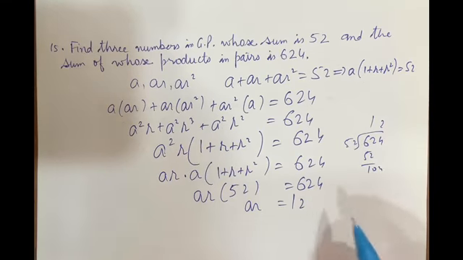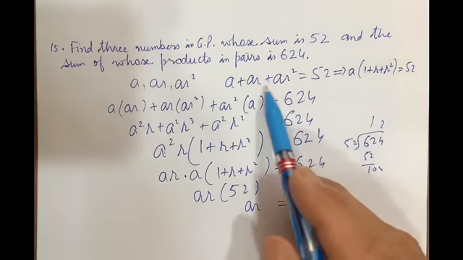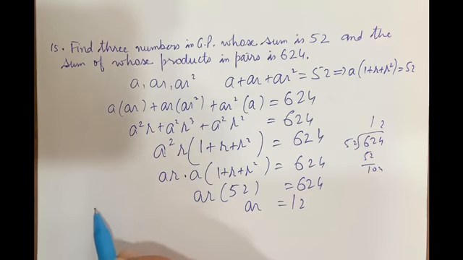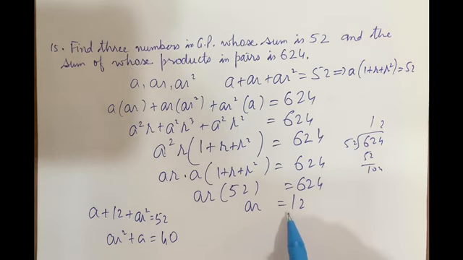This is 12. a into r is 12. We can substitute the value of a into r equal to 12 here in the first equation. So a plus ar is 12 plus a into r square, this is 52. ar square plus a is equal to 40. Now we have to find 3 numbers in GP. So we have a into r equal to 12. This gives us r equal